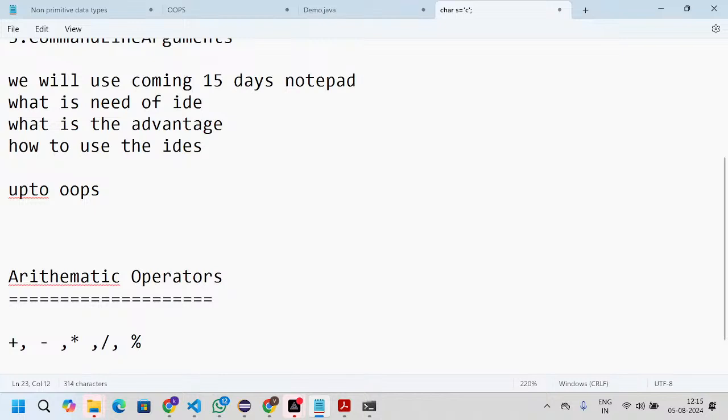Here, division will fetch the quotient, but modulus will fetch the remainder.